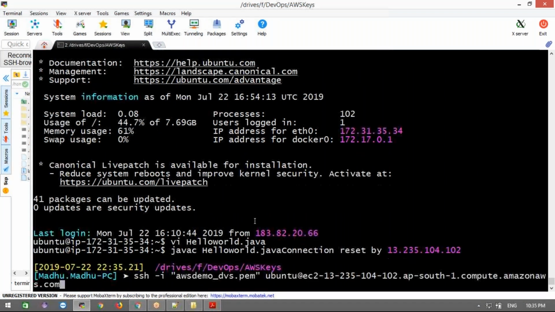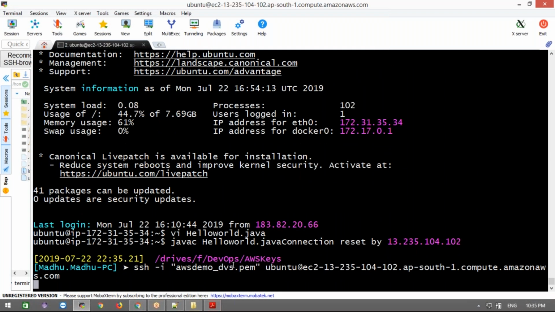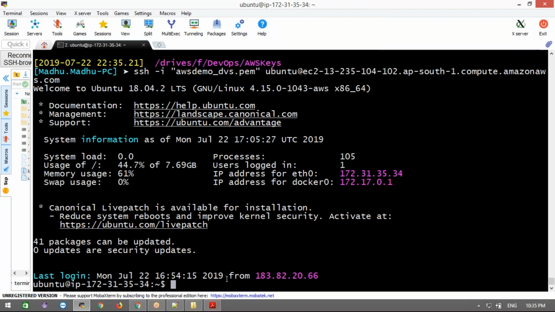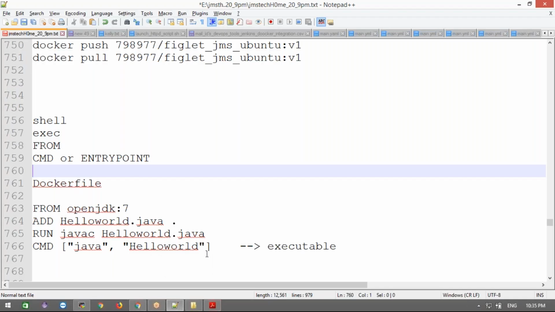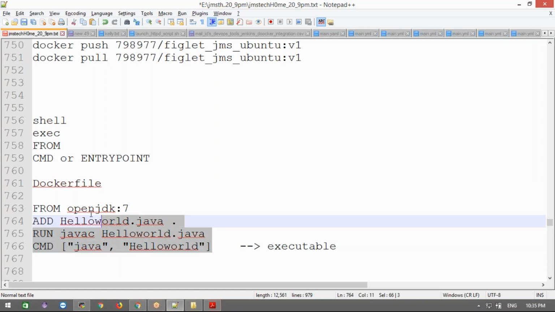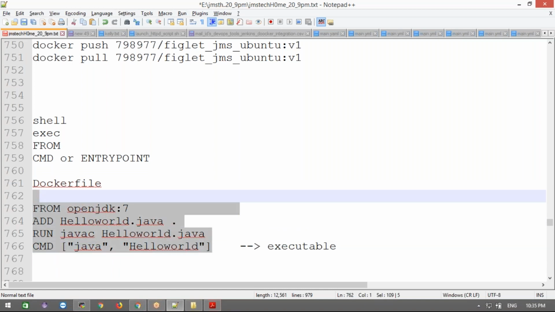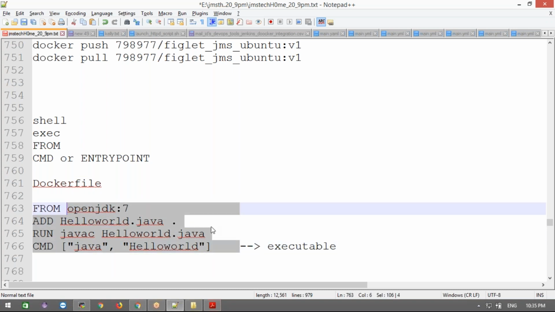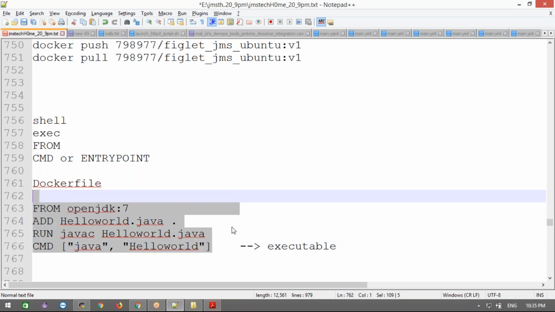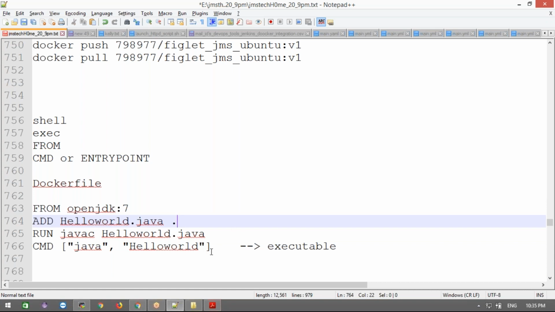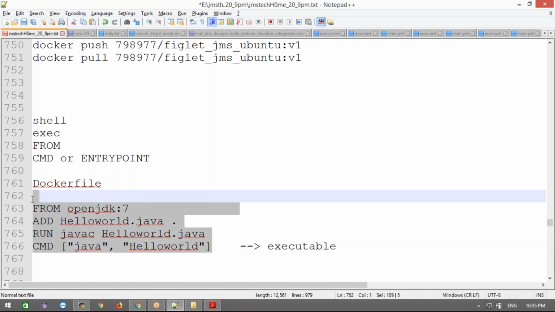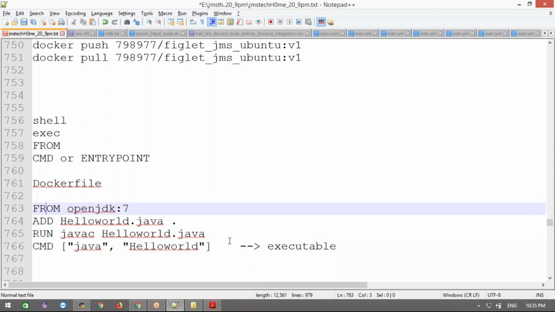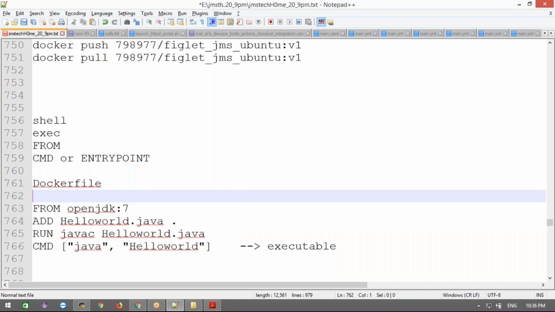Let me build our own custom Docker image using our custom Dockerfile. In day-to-day activities, this is your work. In real time, you need to write your own custom Dockerfile. Anyone can do an already existing Dockerfile. We need to take care of what command we need to use, how we are going to install, what the executable is, what ports we are going to assign, and what volumes we are going to create. I will teach you everything, but listen carefully. We are going to discuss each and every difference also. Very, very, very important. This Docker will give you the best place in the market for your whole future.